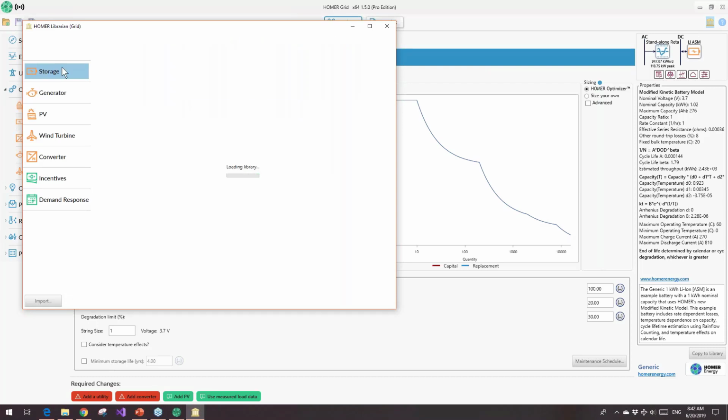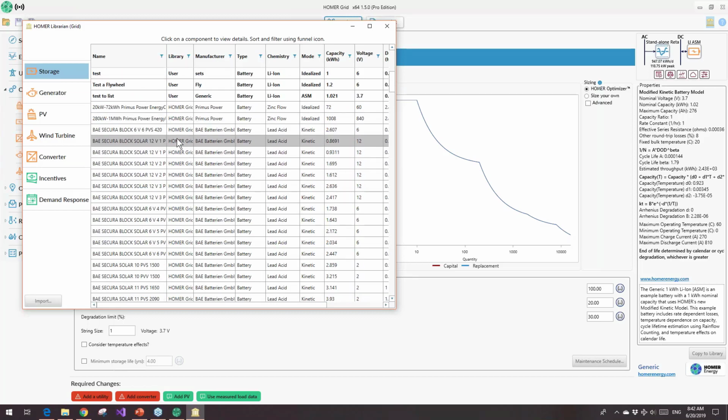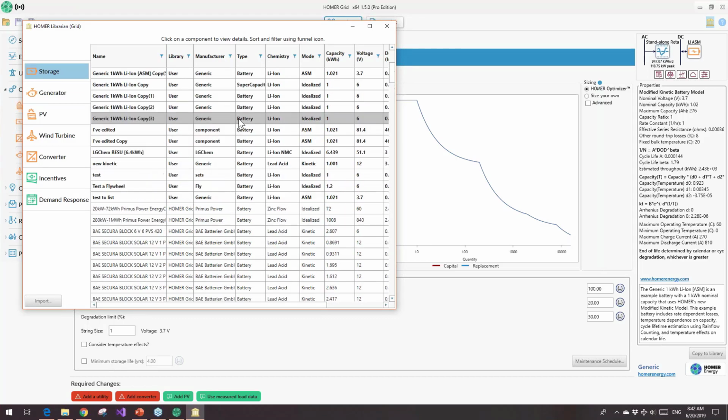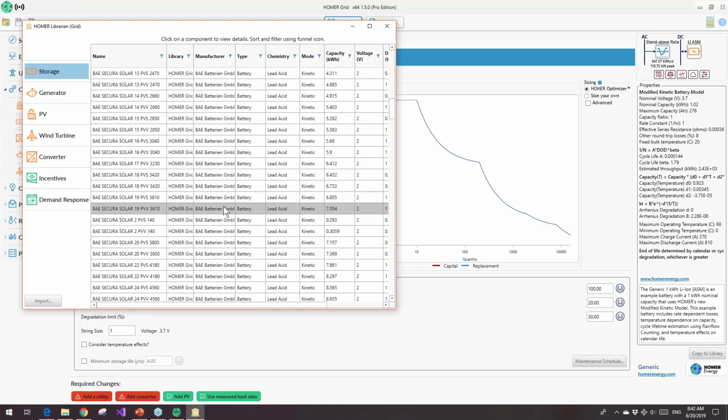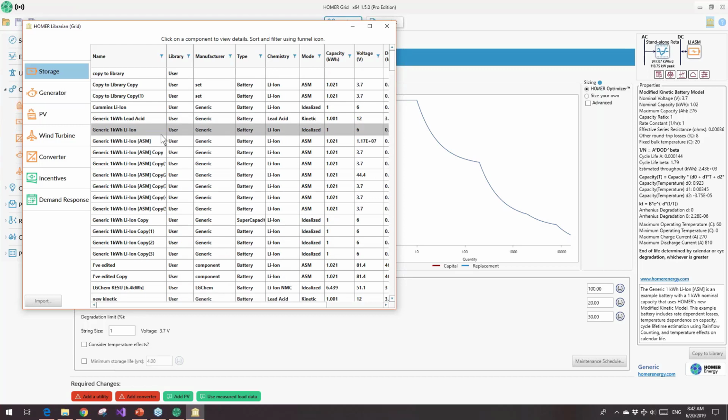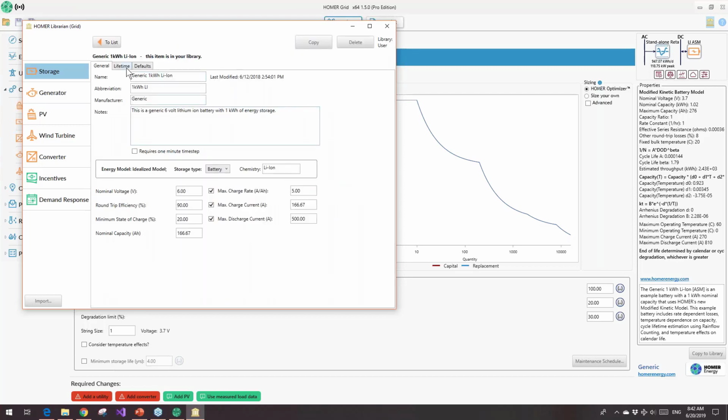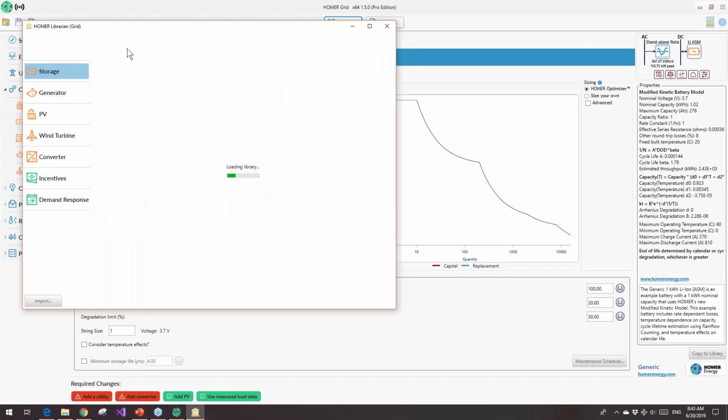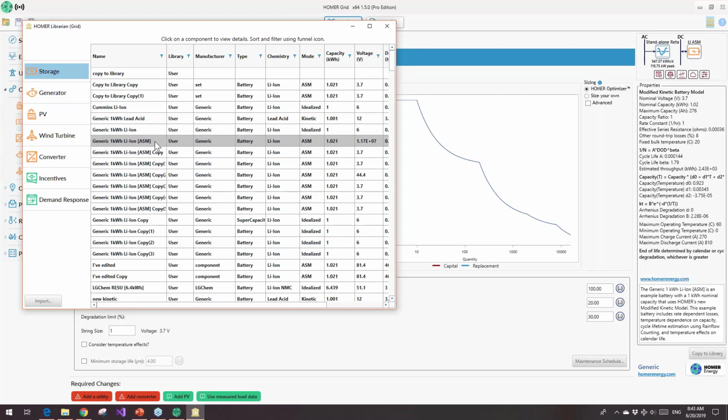So in the library, you can see the full list of what's in HOMER's library and what's in your user library. And for specific components, you can see exactly what parameters go into this battery model and define the battery. So we have multiple different battery models. This is an idealized model. It's a more simple model. Where we have the advanced storage model, which is a bit more complex, and all of that is viewable